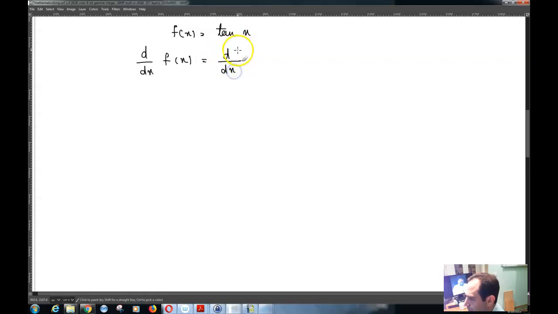Okay, so now suppose that you want to find the limit of tan x. I'm sorry, not the limit of tan x. Suppose that you have a function f of x is equal to tan x. You want to find the derivative of tan x. So d by dx of f of x, you can write it this way as well. You can write it as d by dx of tan x,